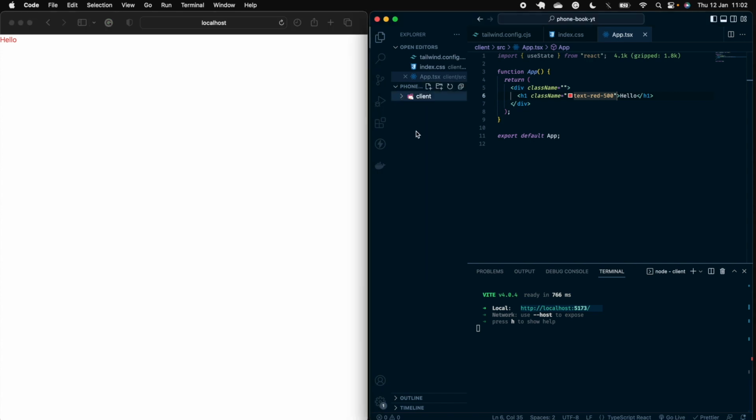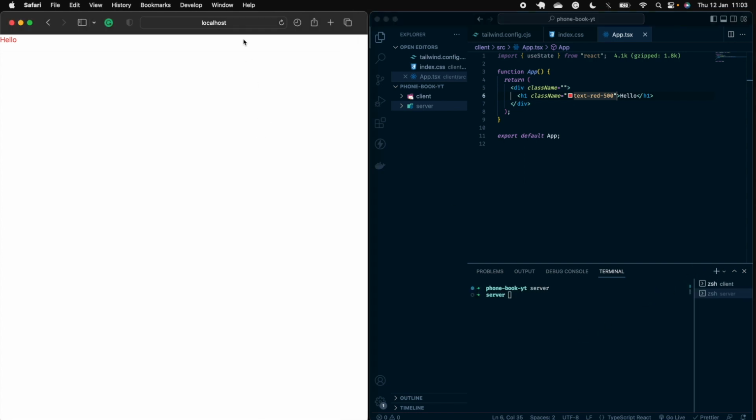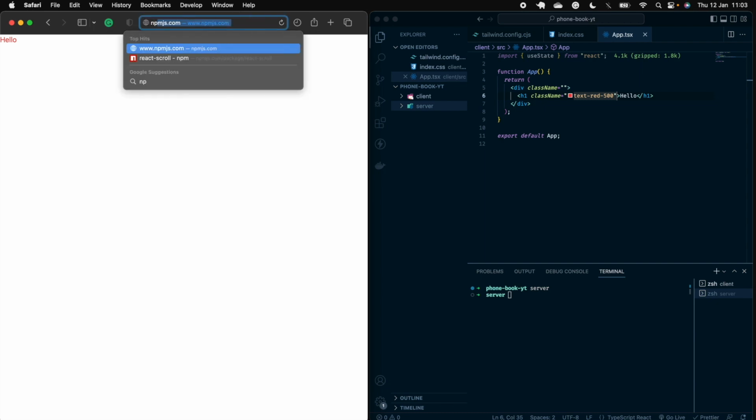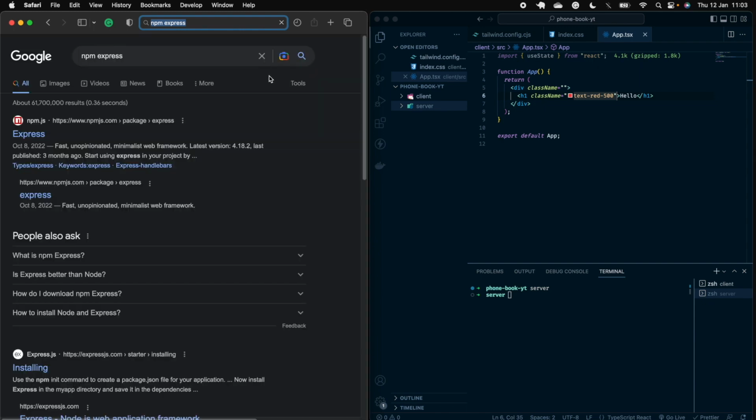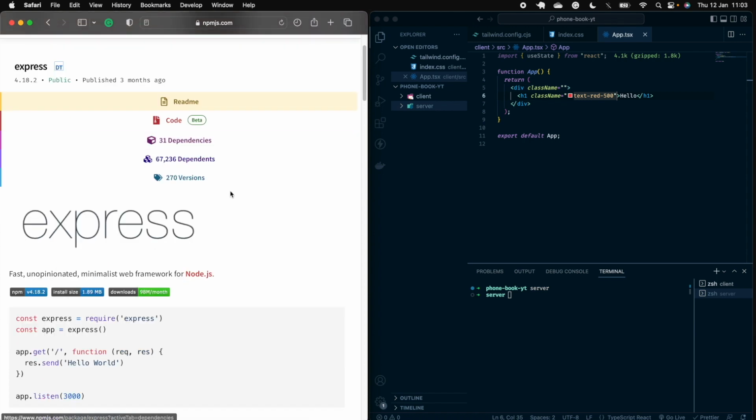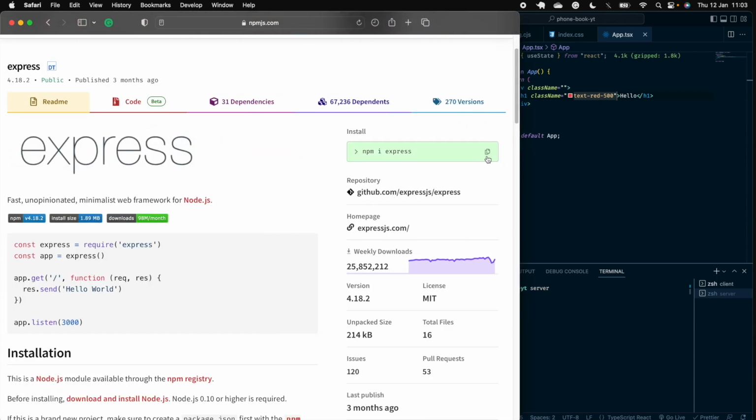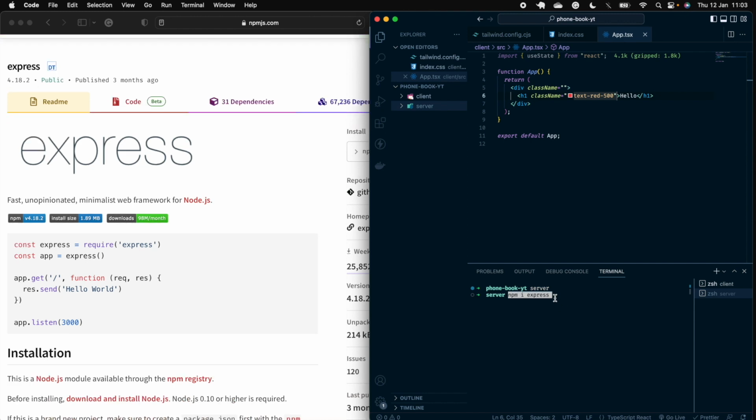So next, let's create a folder for the server. So not here. Let's create a folder called server, and just cut this out for now. We'll go to server, and let's go and install Express. So if I go to npm express, and I'll just paste that here. It should create a